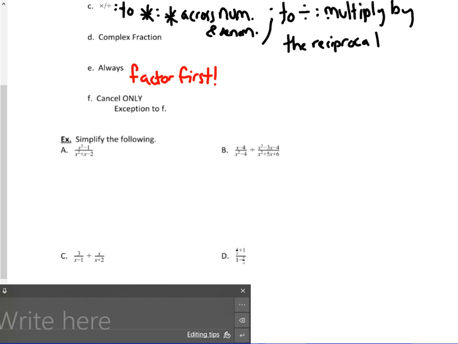Lastly, cancel only when we've got parentheses and the stuff inside the parentheses on the numerator and denominator are identical. There is one exception to this. If the order is switched,